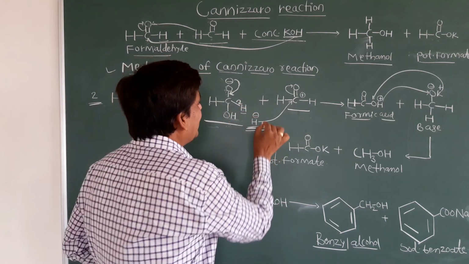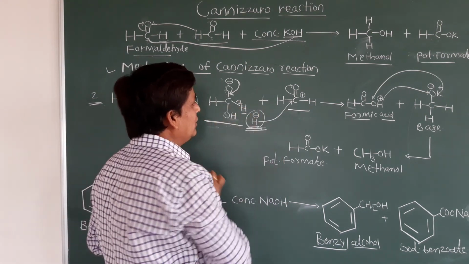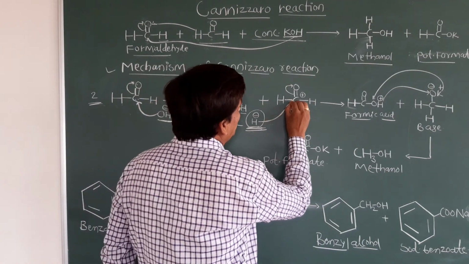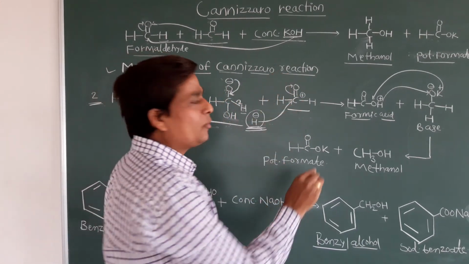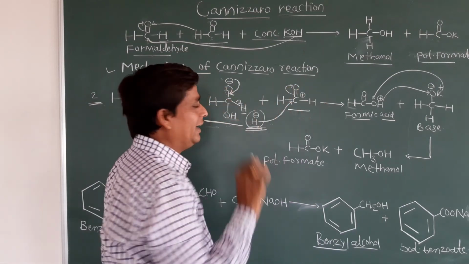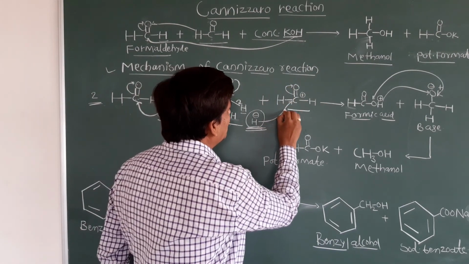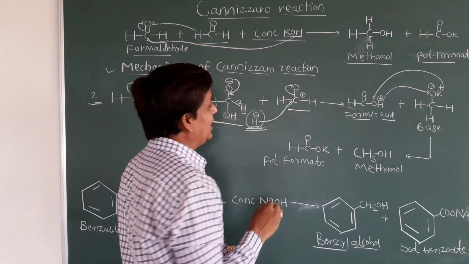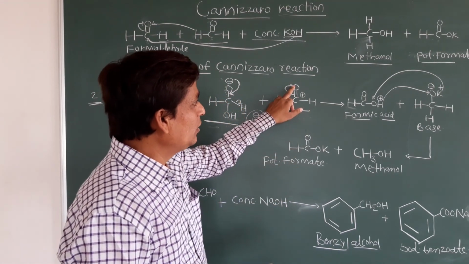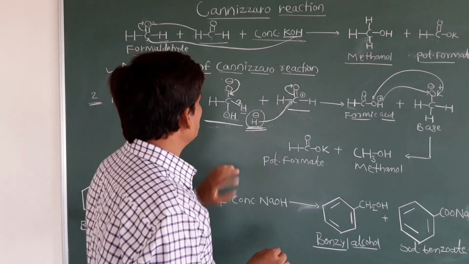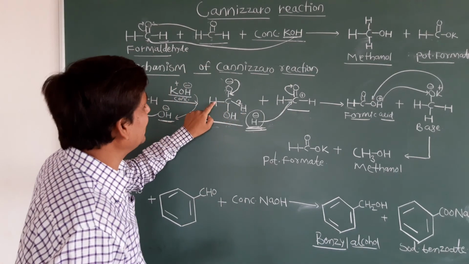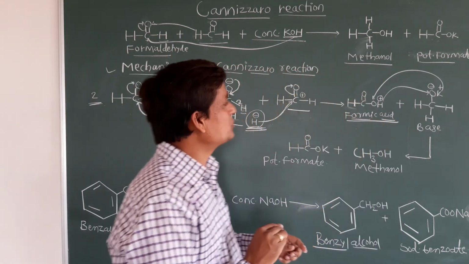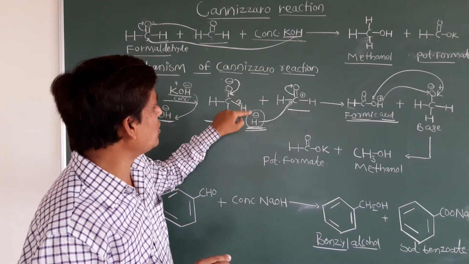And whatever hydride ion we get in the first formaldehyde molecule, that hydride ion will attack the second molecule of formaldehyde. Here I have taken the second molecule, HC double bond O H. So this hydride ion attacks the carbonyl carbon. Now what happens, students? This double bond will again shift like this and convert into O minus. Now check it, students: when this bond is released, what remains here? HC double bond OH. This will be formic acid. Now clear, students? So here we will get formic acid, the hydrogen is released.